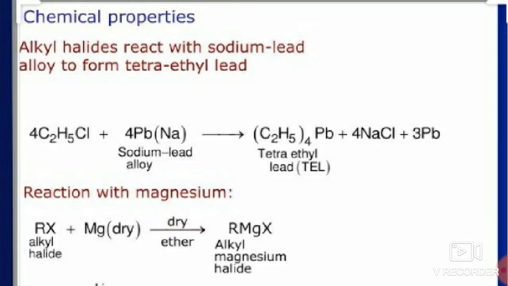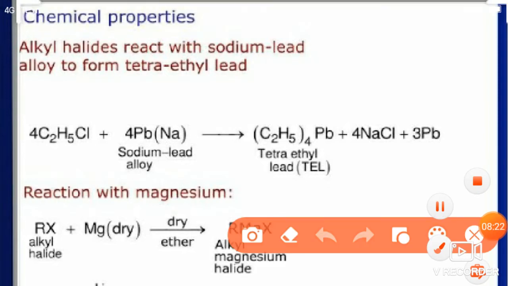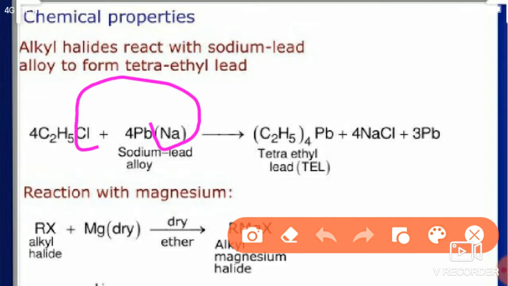Chemical properties of alkyl halides. The alkyl halides are very reactive due to the presence of the carbon halogen bond, which is a highly polarized covalent bond. Here the alkyl halides react with different reagents like sodium lead alloy to form different products like tetraethyl lead. Here ethyl chloride reacts with sodium lead alloy, with elimination of sodium chloride, to form